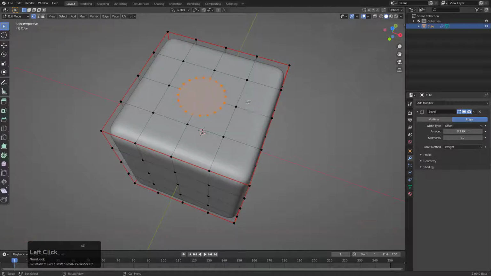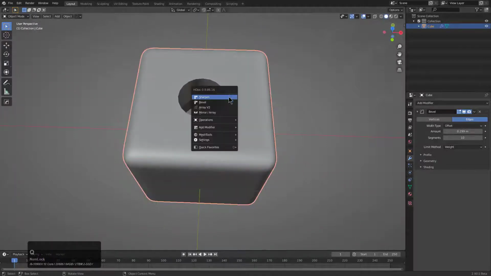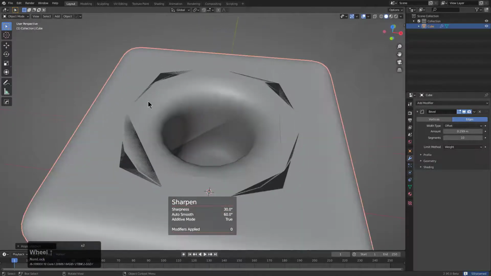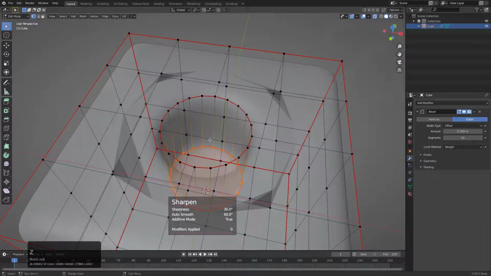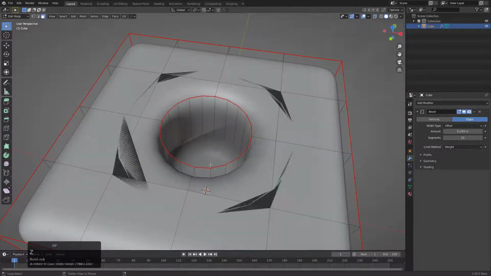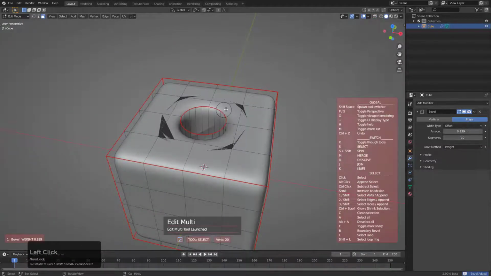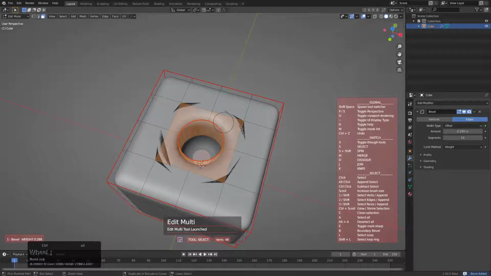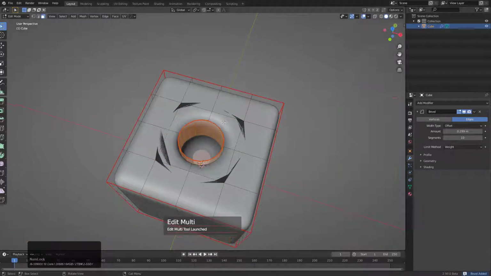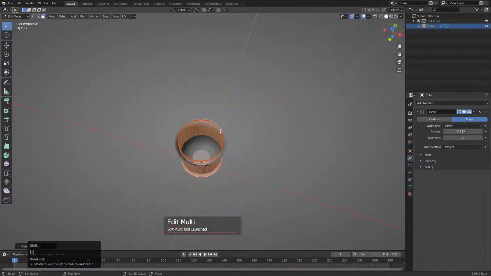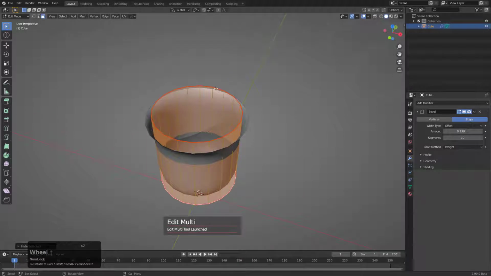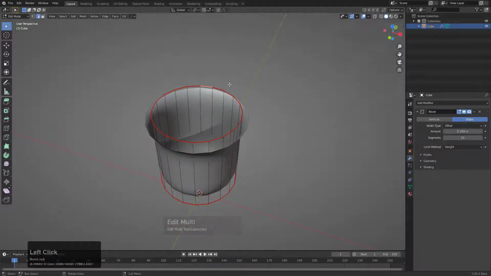And from here, we're just going to add a circle, and we're going to sharpen that. And we see that this circle at this particular bevel amount isn't going to work out. So let's grow that, which let's actually use the tools for that. You know, I'm still getting acquainted with things, so we can shift click mark and then control scroll to grow our selection, spacebar to apply, shift H to show everything but that, and we'll just select one edge and then